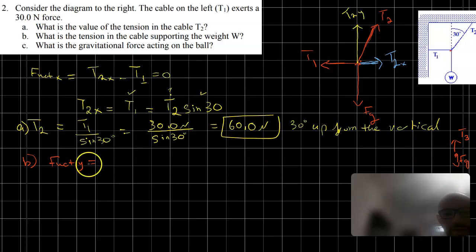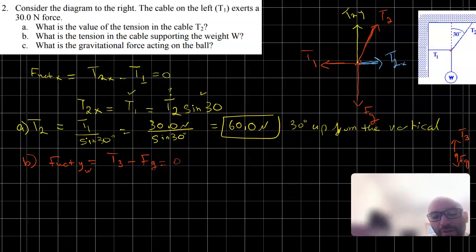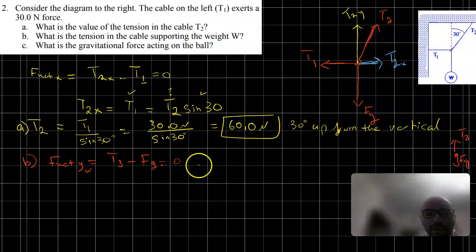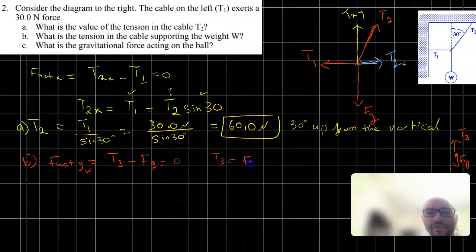Fnet y for the weight, let's put W here at the bottom, is equal to T3, which is up, minus Fg, or the weight. And Fnet is going to be 0, because again, no motion, no acceleration. So T3 equals Fg,